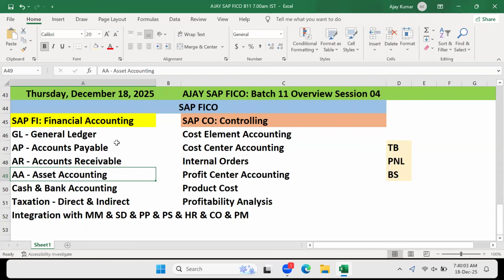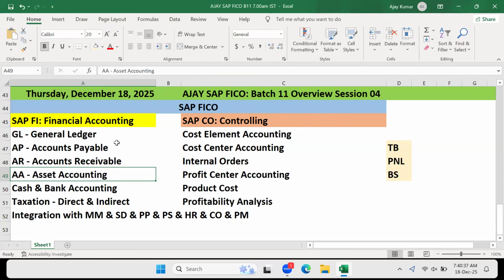It records the transaction in business. It contains debit and credit, representing the amount that is involved. A journal entry contains a business transaction representation in your financial accounting by showing it as a debit and credit, right? When you have a debit and a credit, we call it a journal entry. Now, this debit and credit, whenever you are updating in your accounting, is not directly in accounting; it is coming from some other module. That is where you call it integration.